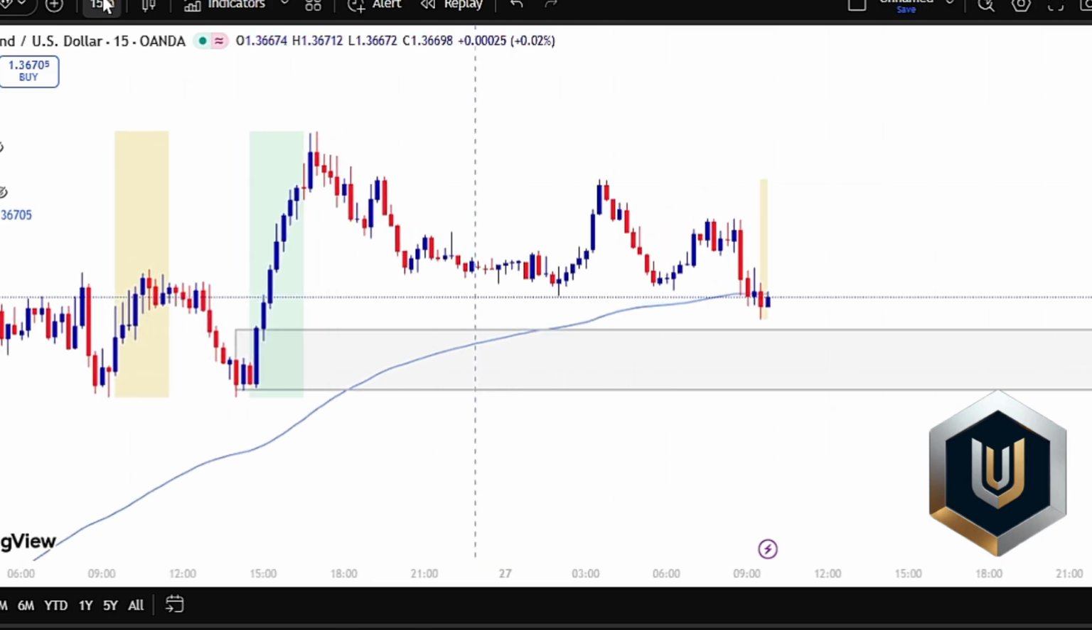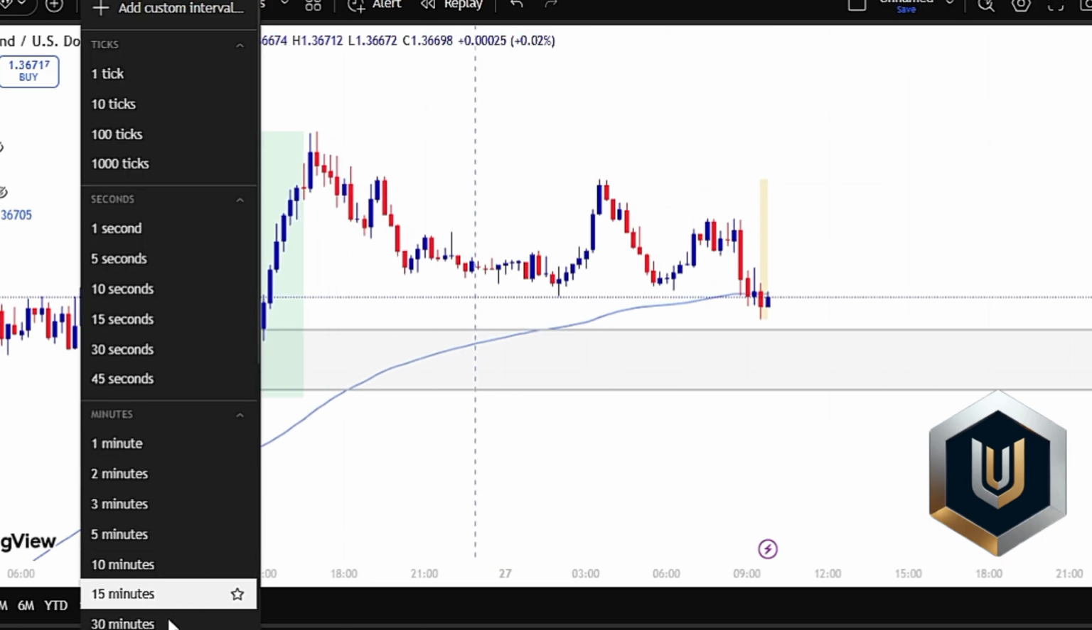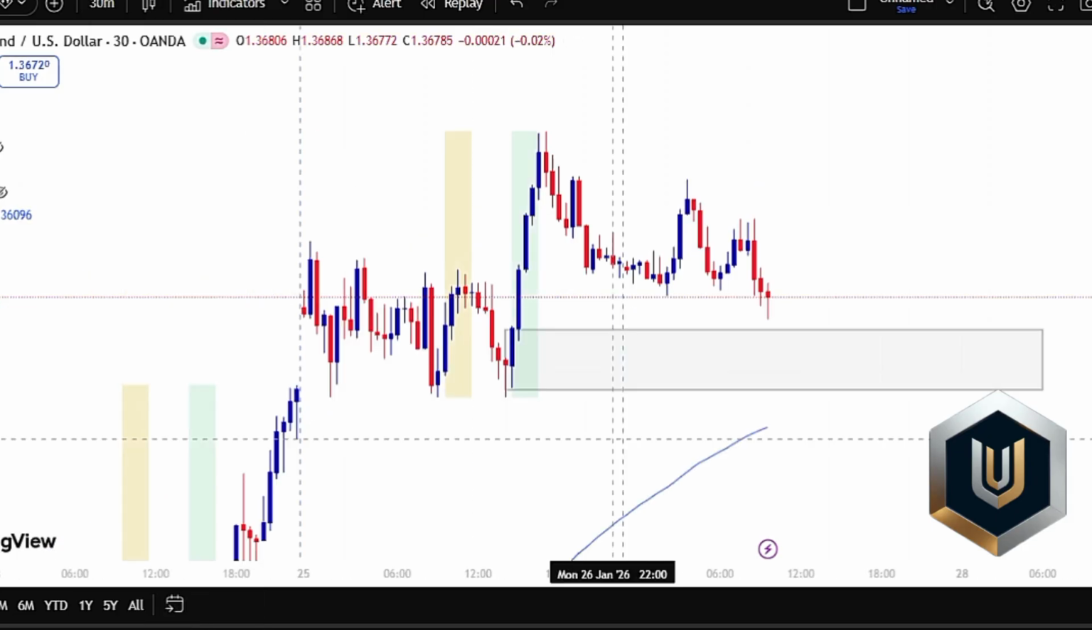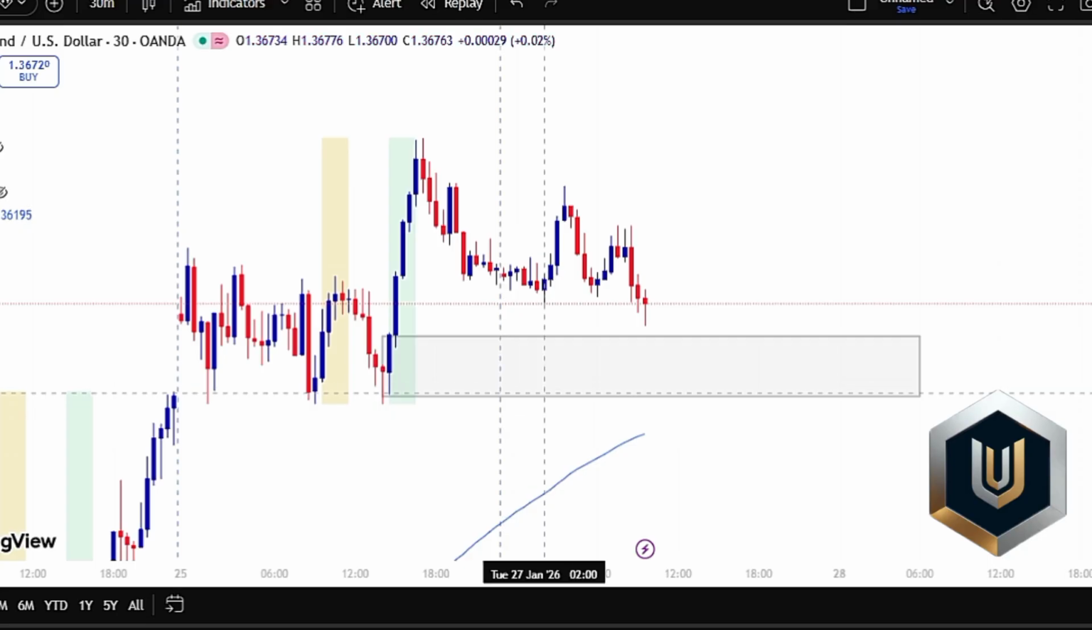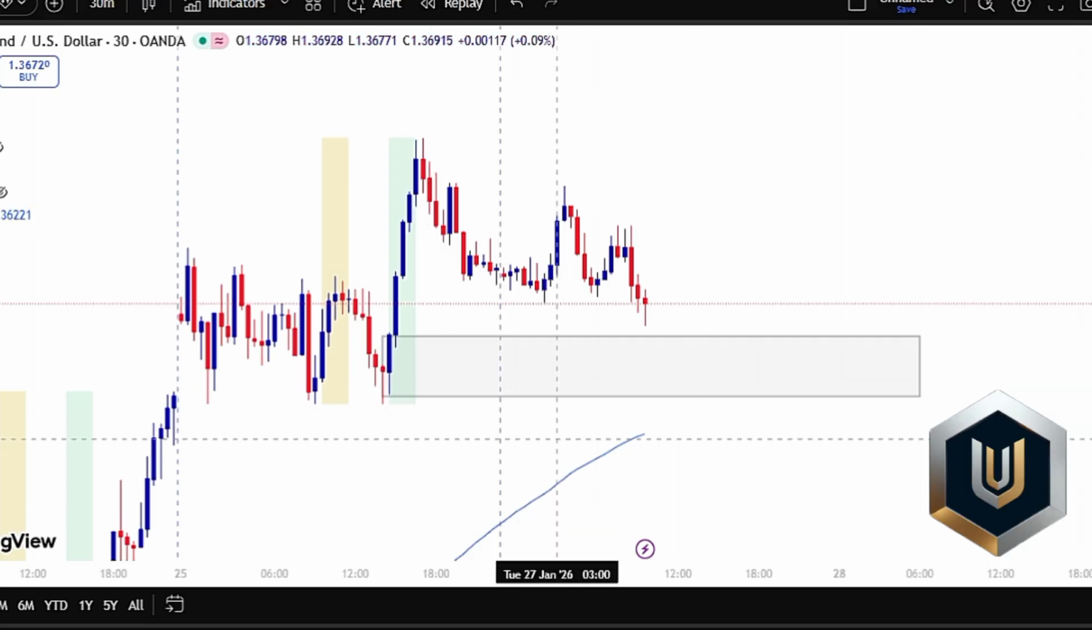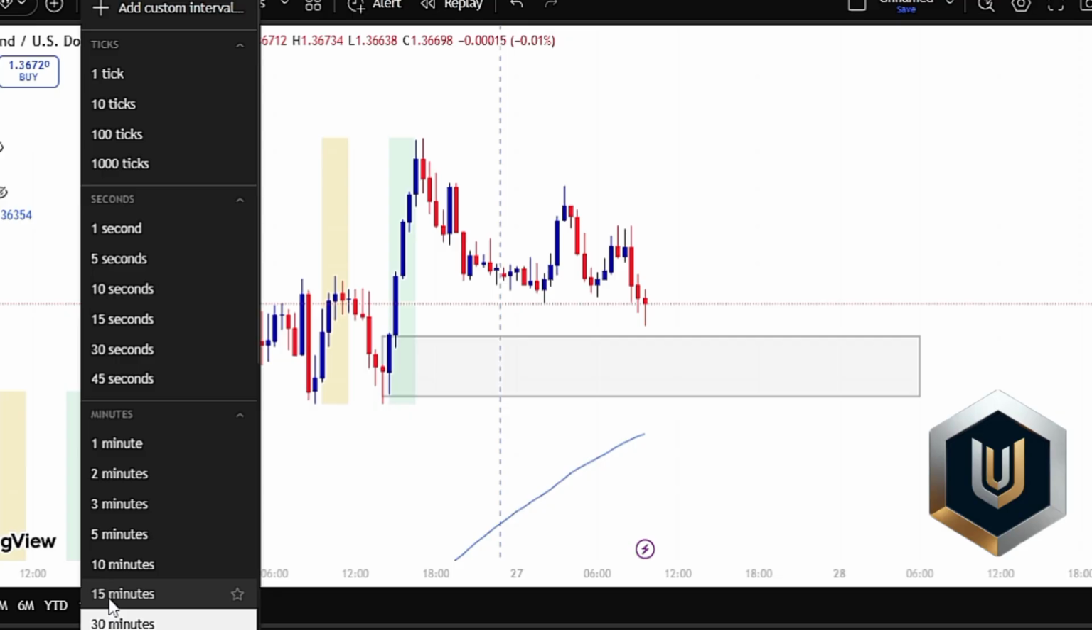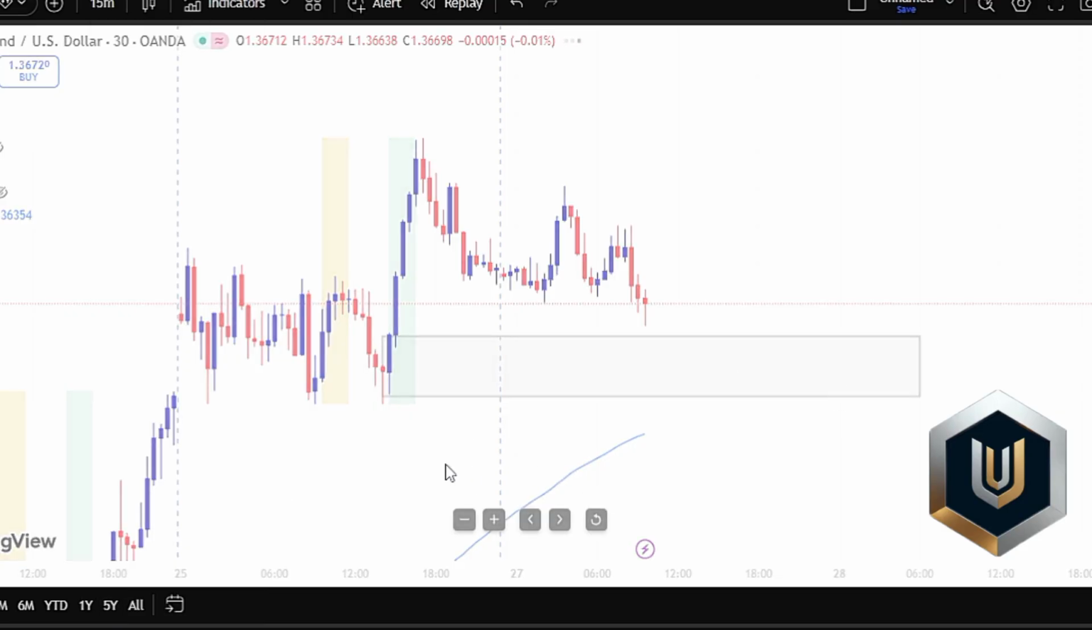Then let me analyze this on 15 minutes. Remember, the lower time frame is just for you to be able to get your entry done perfectly. All right, now at this point, the reason why I'm respecting this zone is, first off,